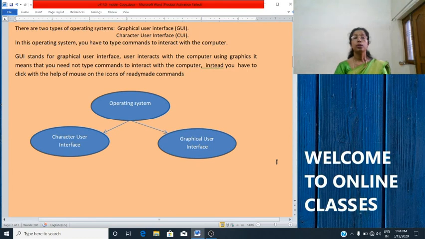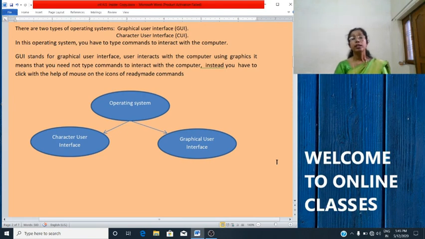So this is a difficult method because you have to remember all the commands. You know, remembering commands is not an easy thing. Okay, so character user interface, you have to type the commands, you have to use a keyboard to enter commands.